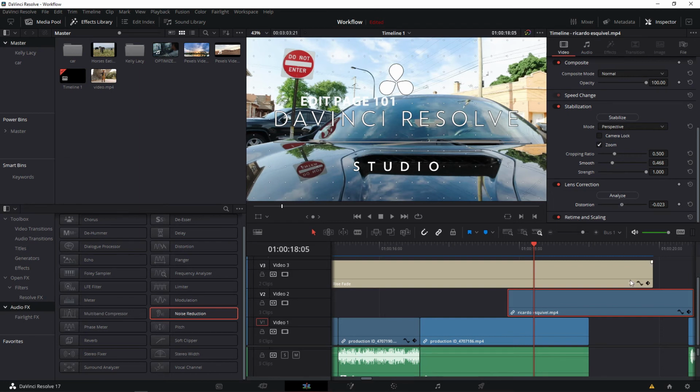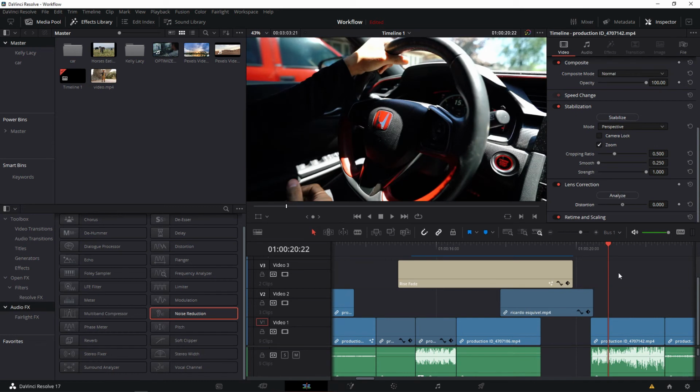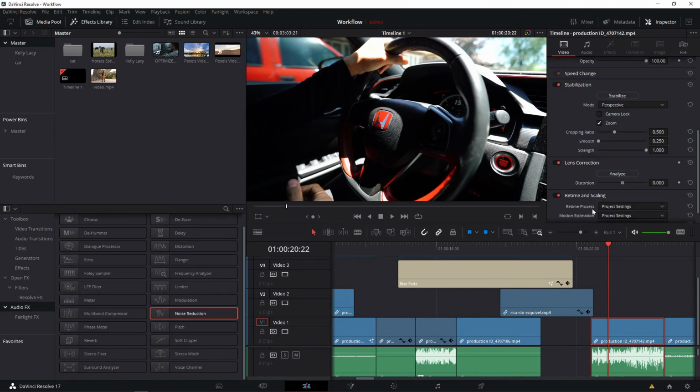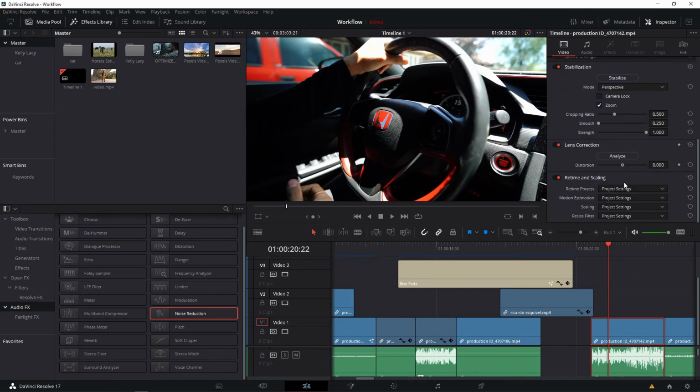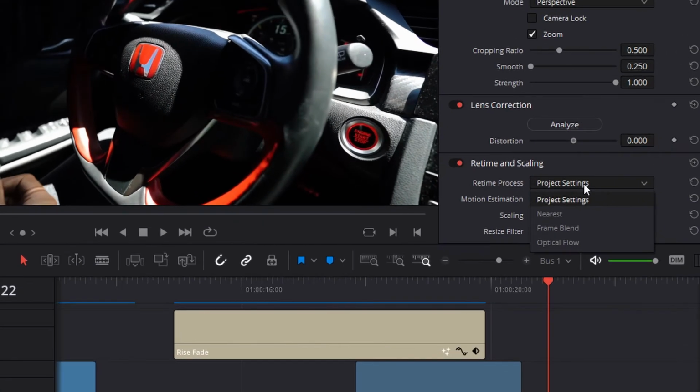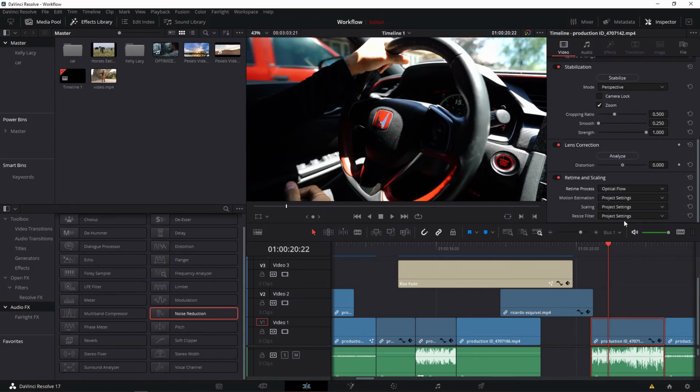So next thing is the retime and scale. Retime and scale is really important, and the only thing that you should study is going to the retime processor and going to the optical flow. This is the only thing that you have to know. Optical flow is used to smoothen out the footage,